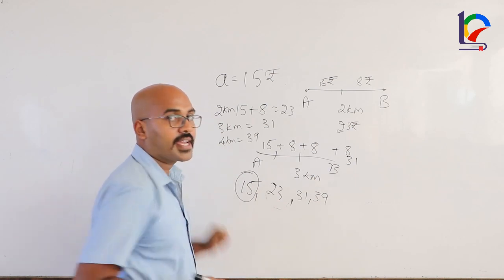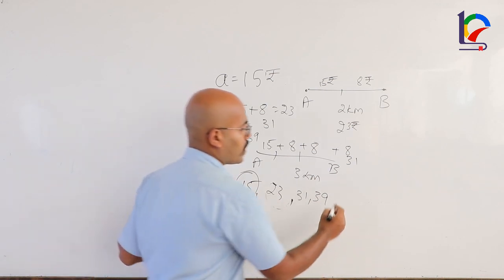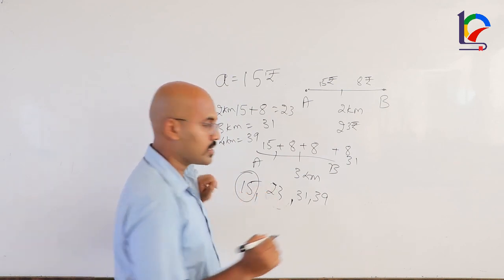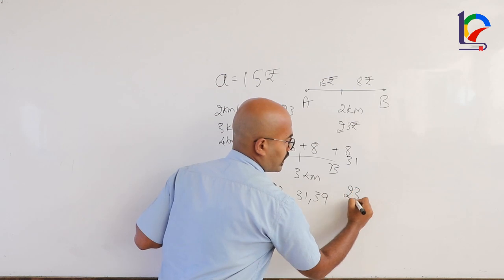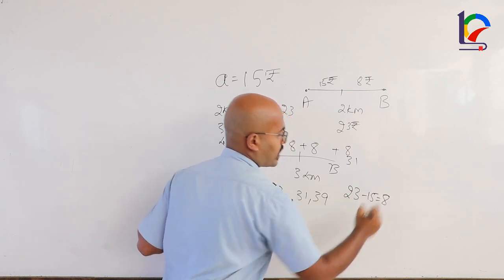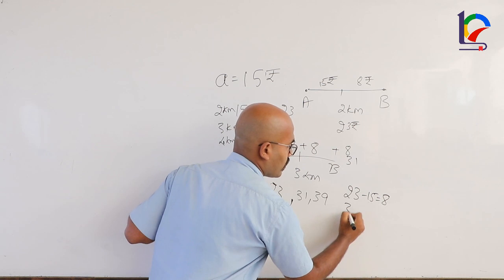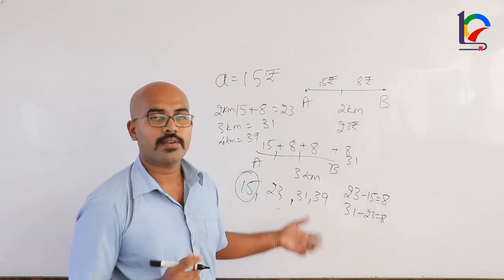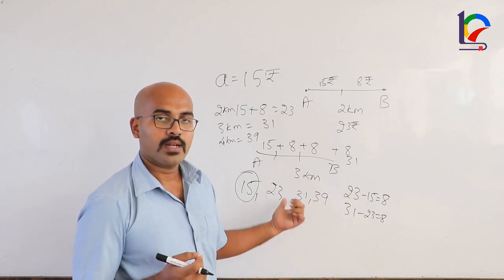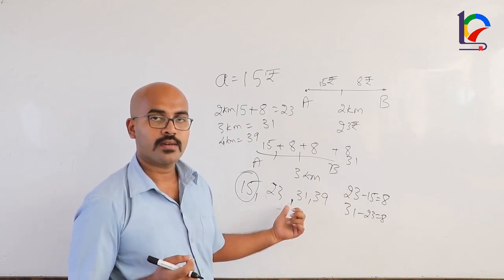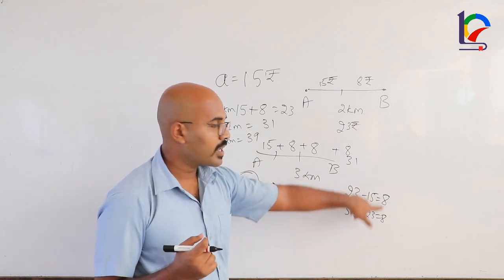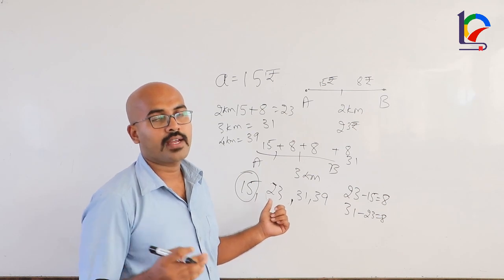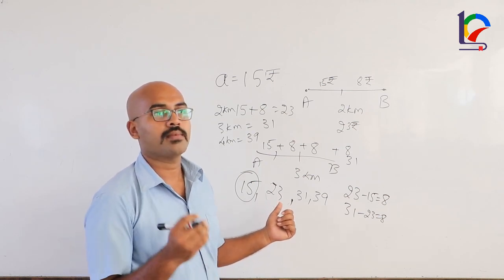So here A is 15. If you want to find the common difference, you need to find the difference of the second and the first. So it is 23 minus 15, which is 8. Similarly, 31 minus 23 is 8. If you find the others, it will also be 8. So is this in arithmetic progression? Obviously yes, because the common differences are the same and it has a first term. So the taxi fare in any of the metro cities usually will be in arithmetic progression.